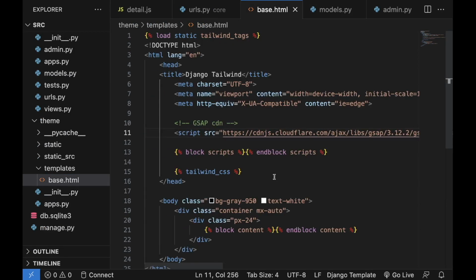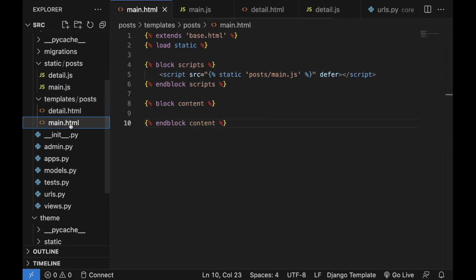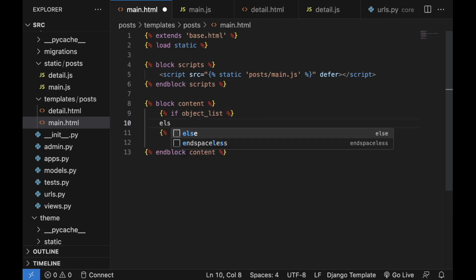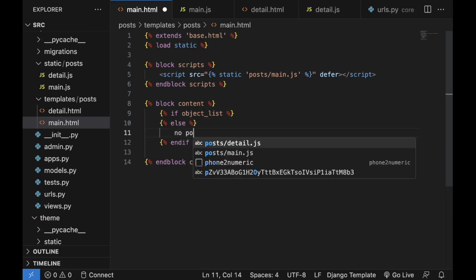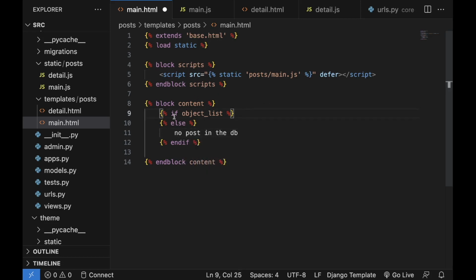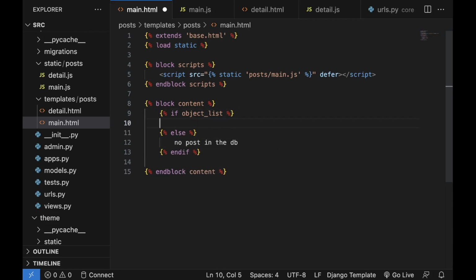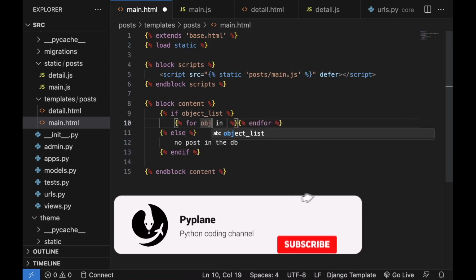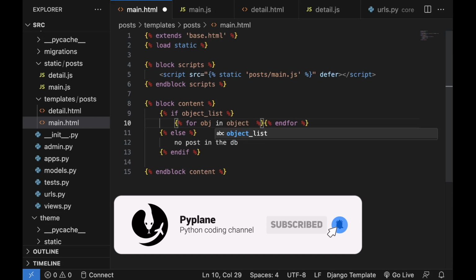I'm going to save the base HTML, and then I'm going to return to main HTML, and we are going to now work on the blog content. So first of all, I'm going to write an if check, if object list. So we are checking if we have objects in our database. Else, we are going to write no posts in the DB. But if there are any posts in our database, we are going to loop through them and display them in a card. So for obj in object list,